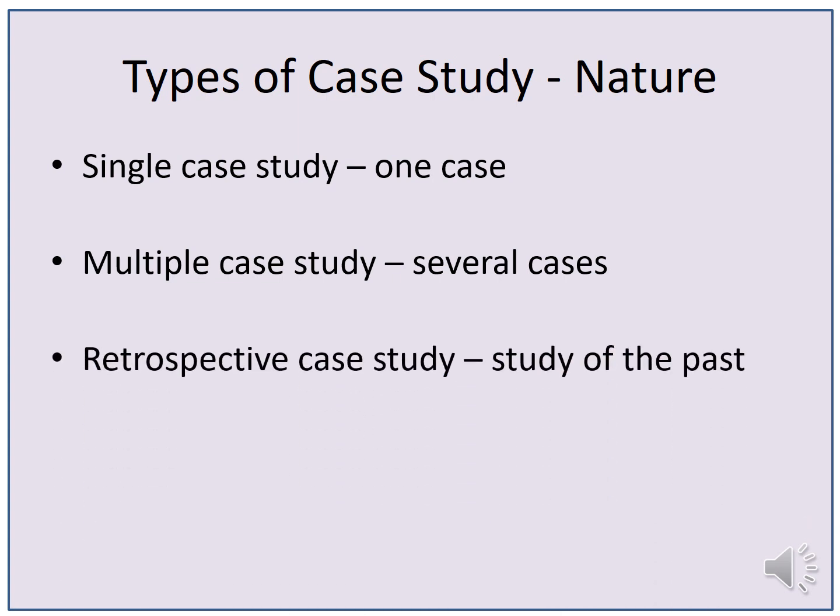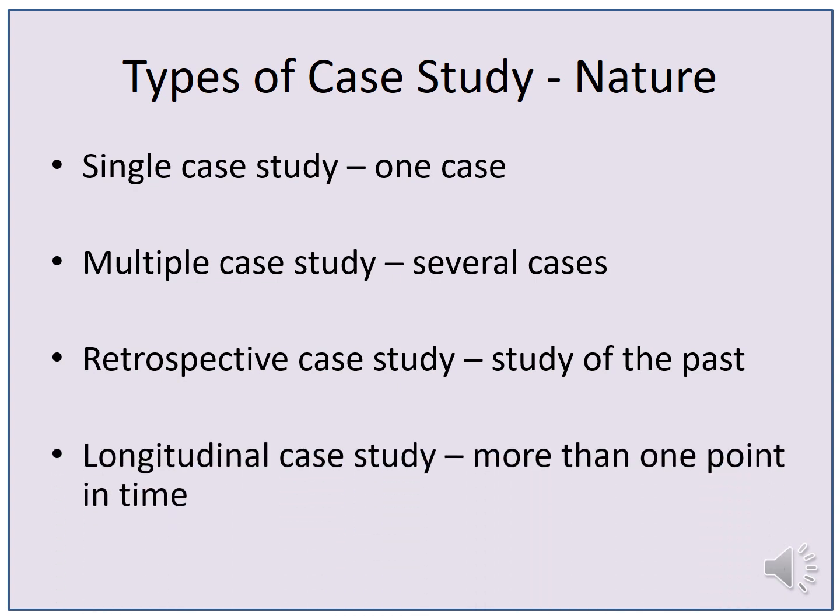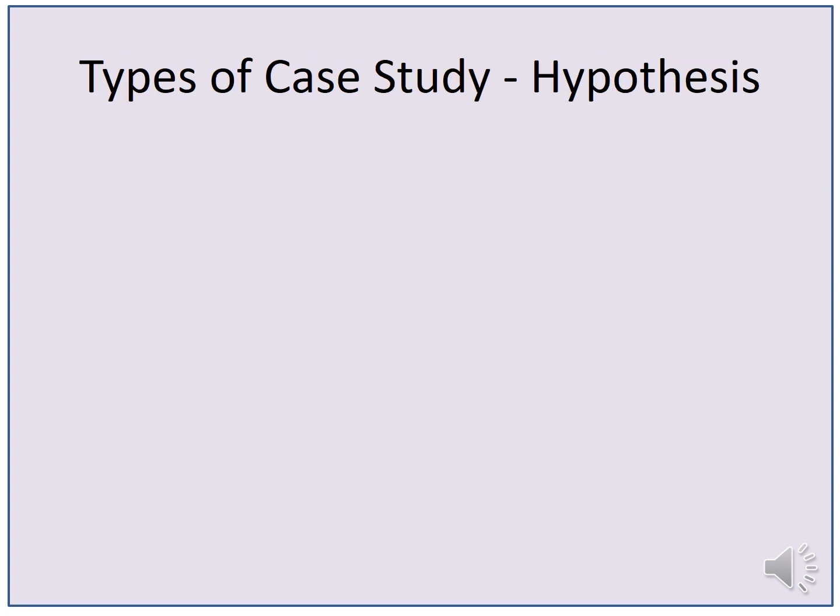The third type is retrospective case study, whose aim is to study the past. It is a research design in which data are collected after the facts have happened. The events and activities under study have already occurred. The outcome of these events and activities are known. A longitudinal case study is a research design that involves repeated observations of the same variable, for example people, over a short or long period of time in a single or multiple cases.